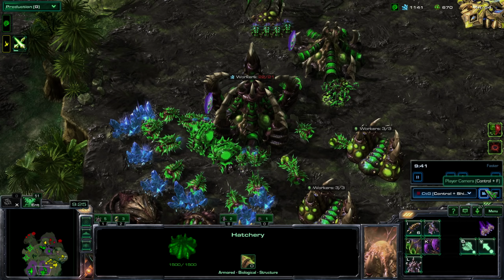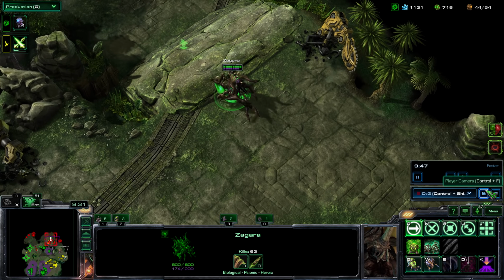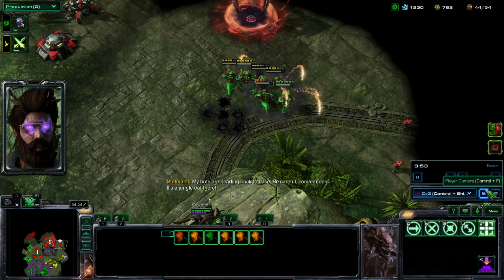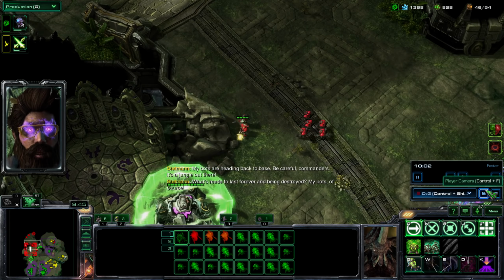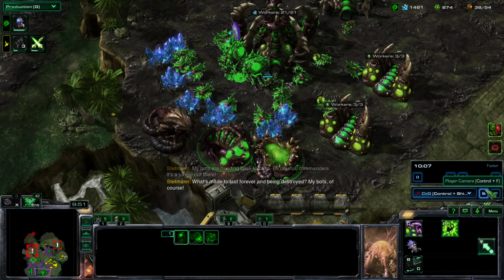Alright, so I get more Zerglings, because I need more units. Oh, ally's starting to mind control stuff, that's great. Bots are heading back to base. I use the Hunter Killers to finish off this Void Rift. It's really important that I stay on top of sniping the rifts. Of course, my units are arriving, so they clean up this attack wave,